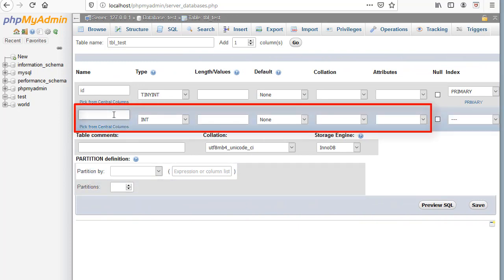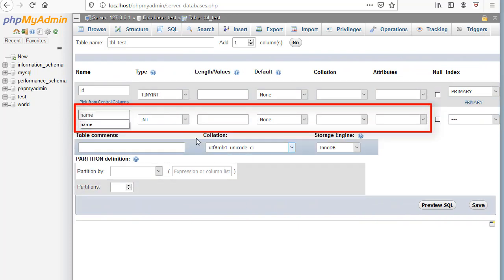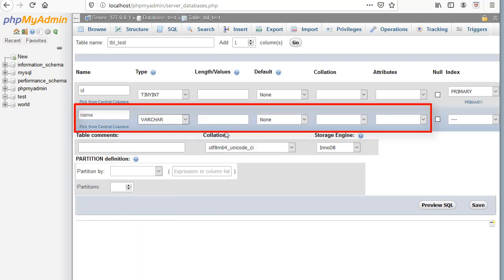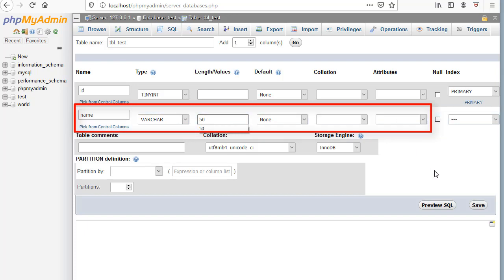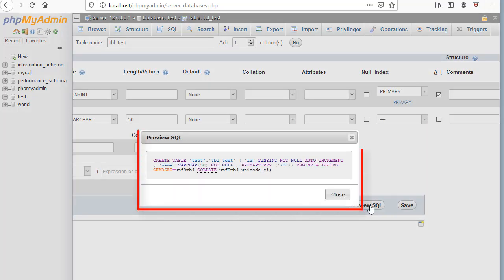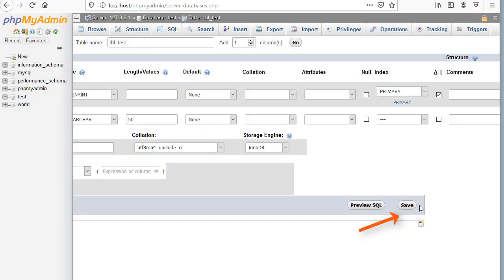So I will just make this a name column, and I will make this a varchar. I'll say 50 characters. There is no default. There are no attributes. You can preview the SQL, and here we see create table, the table name, and we see the column, the values going into the first column, and the values going into the second column. Now I will click Save,